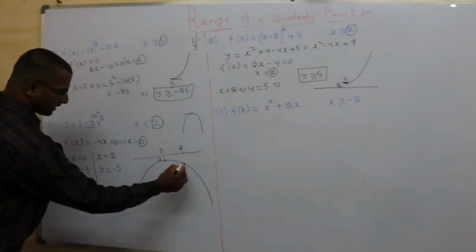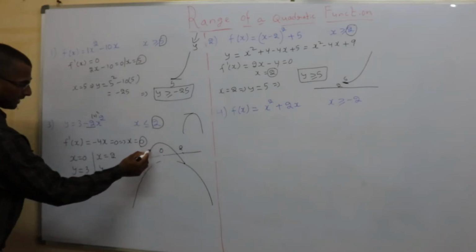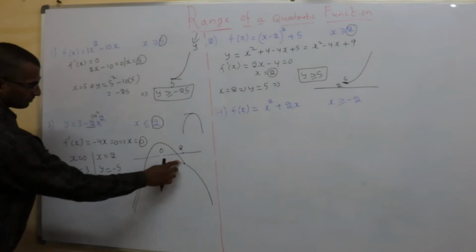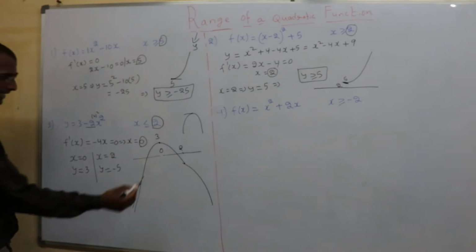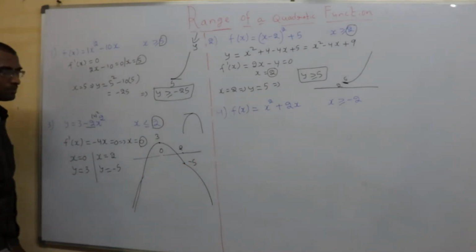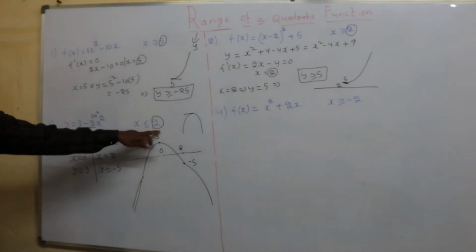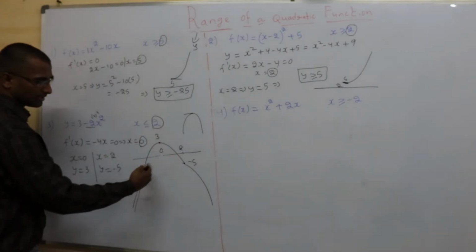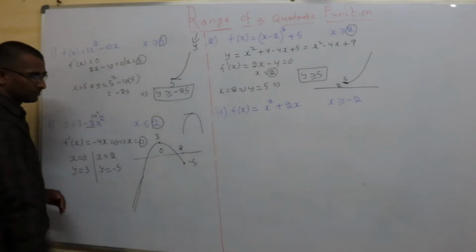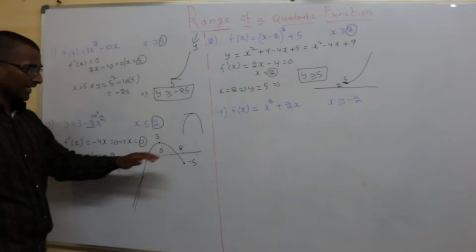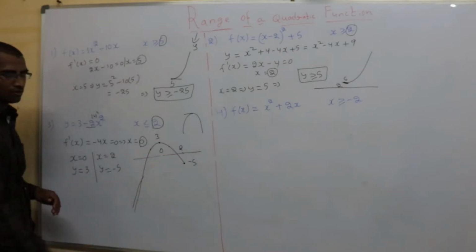So here, when it is 2, y is minus 5, or else it goes like this, right? Yeah, now it's fine. When x is 0, y is positive 3. So here it comes, and when it is 2, it's minus 5. Now what does it tell us? X should be less than 2. That means this part of the graph is not at all existing. When x is 1, I get somewhere around here. When x is 0, I get here, x is minus 1, minus 2, and it goes on.